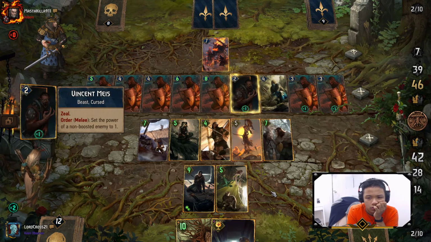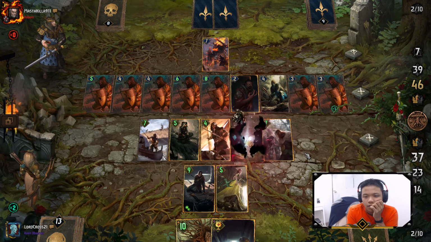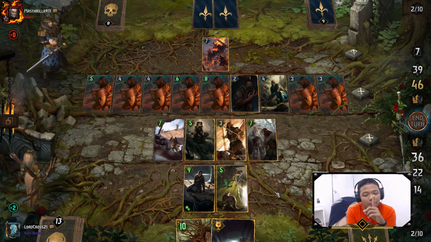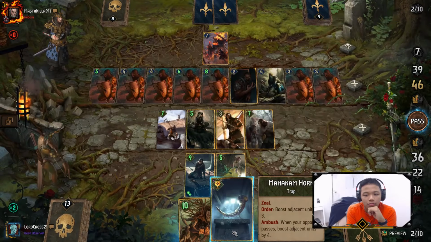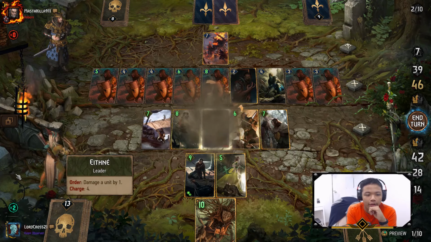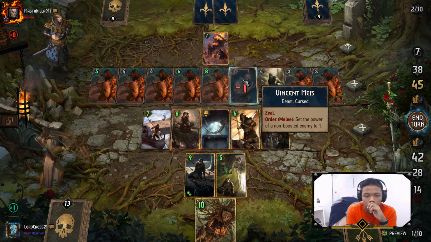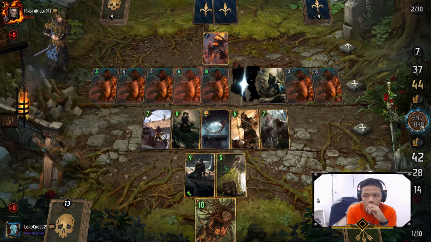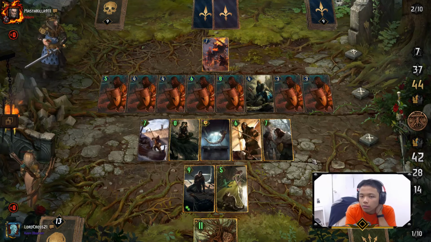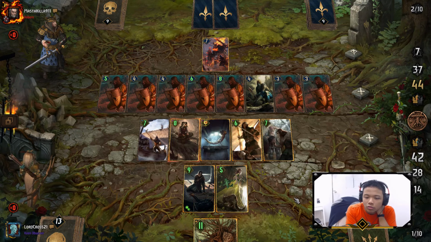Huh. Oh, that's good. That's a good use of Vincent. Oh, he's out of... Ooh, that might be huge. I'm just going to use it now. The problem is he has 2 cards left, and he actually did build himself a pretty good lead. So I think he won this. Yeah, he won this. I mean, the Great Oak is still a big twist, but...